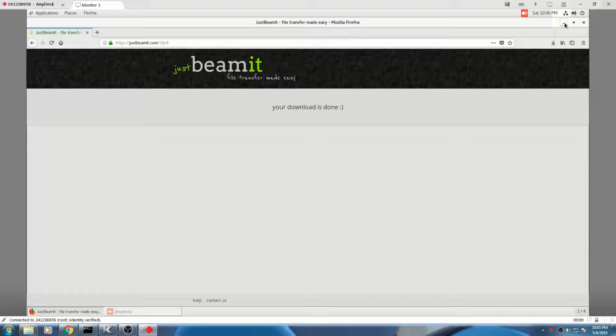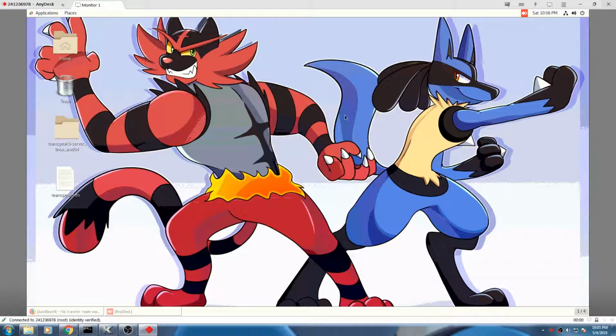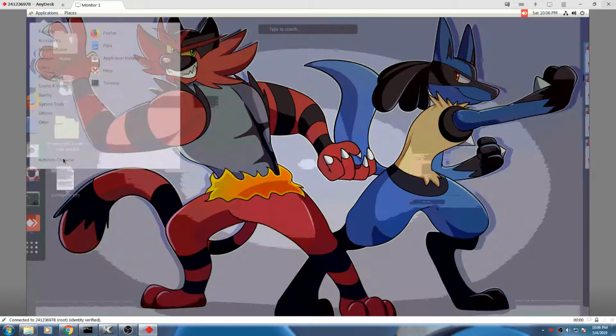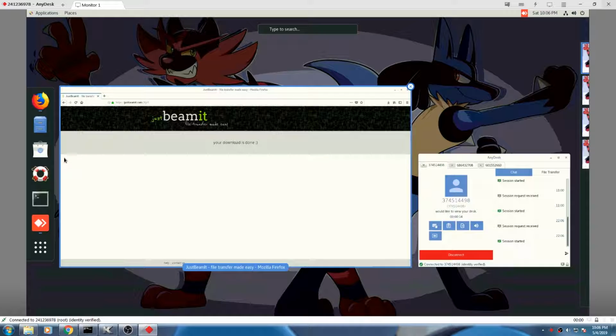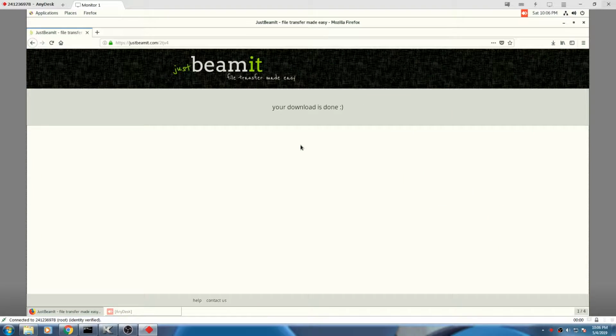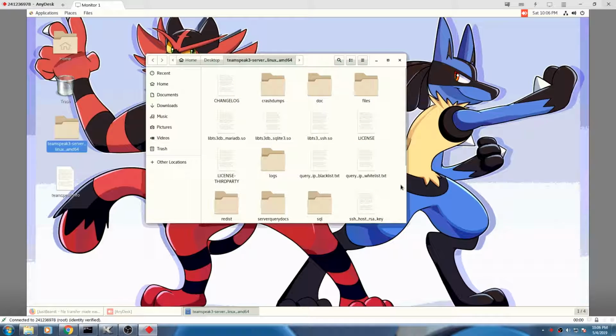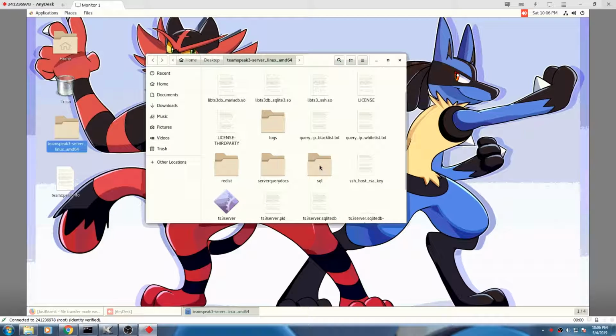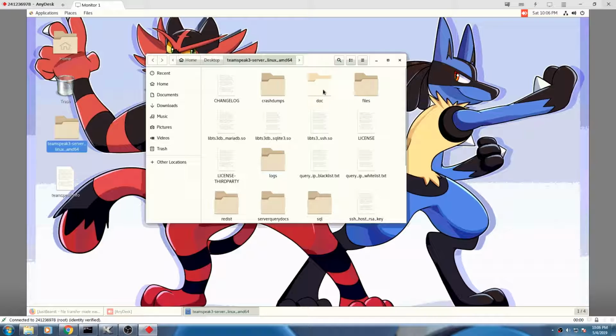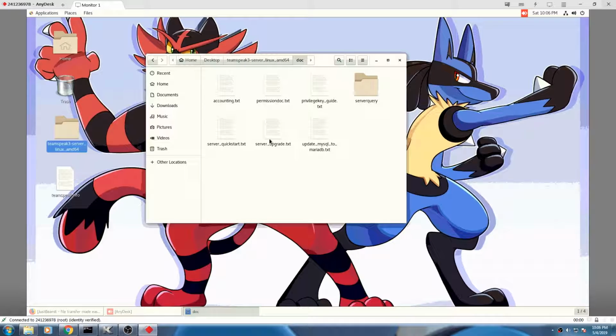Basically, this is CentOS, which is a Linux distribution based off of Red Hat. Both of these are enterprise distros, so these are basically used as a server. And so basically I have my TeamSpeak running here. And if I go to documents, because I don't necessarily remember every detail,